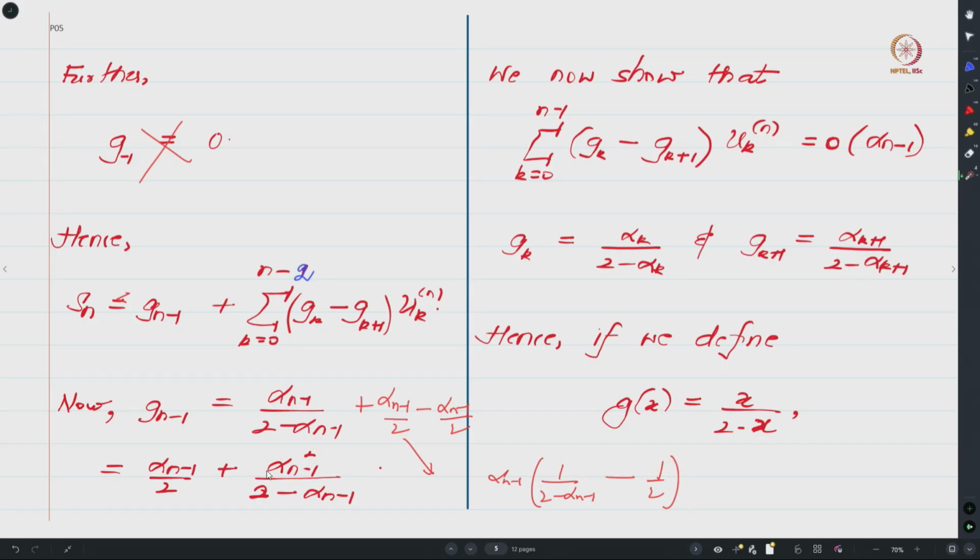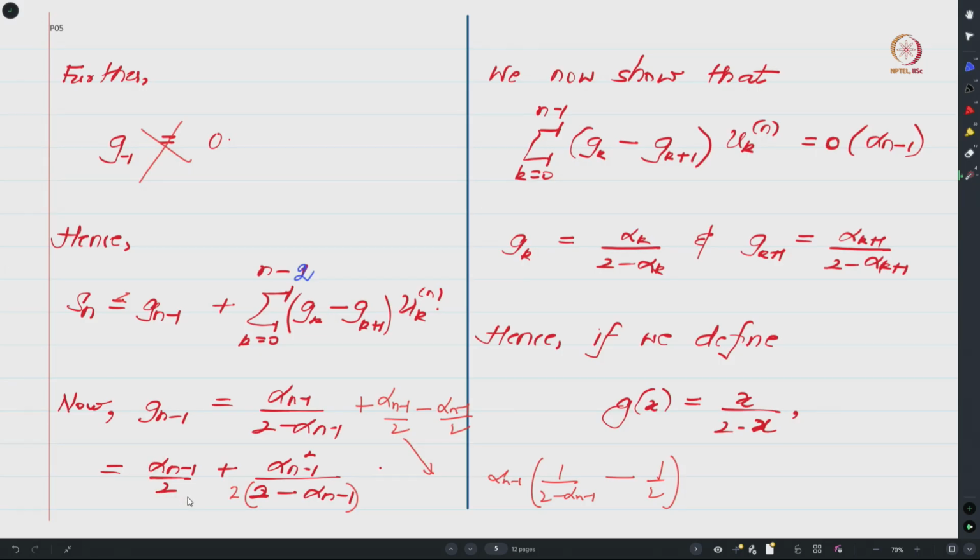This is why I have alpha n minus 1 square over here, and this term and the 2 over here will actually lead me to 2 times 2 minus alpha n minus 1. Sorry, there are a couple of typos here, I am sorry about that. Okay. So now observe that this expression that we have is the dominant term that we wanted in the convergence